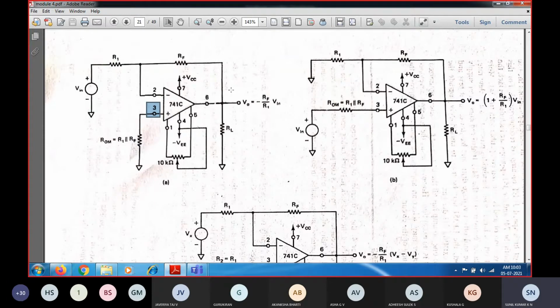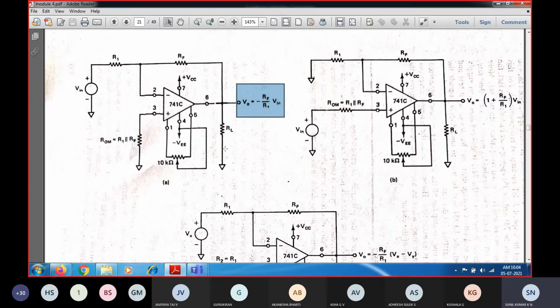So because of that, you will not be getting the desired output. In order to get the desired output, first I should nullify this, and then I should connect the operational amplifier for a certain application. So design the circuit, and you will be getting the proper output. So that is the method. In this, we are going to see the manufacturer recommended method for 741.